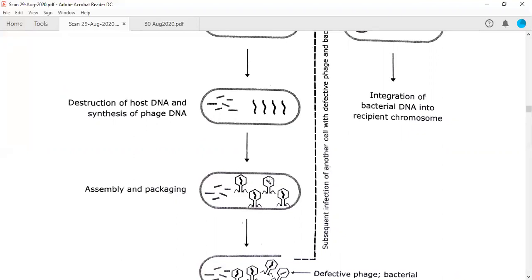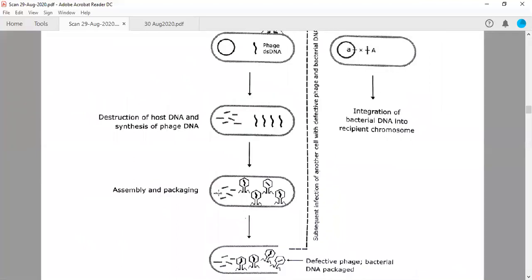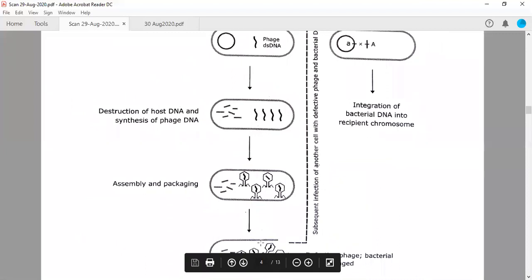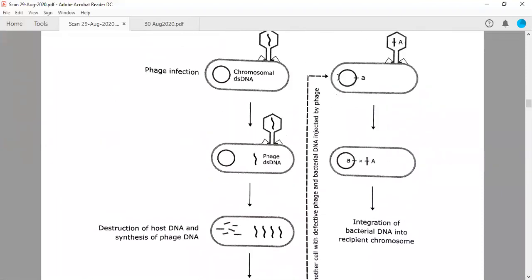Now you note that when lysis takes place, they will all be released outside the bacterial cell. And this particular bacteriophage, which is actually carrying the genes of bacteria, a fragment of the bacterial genome, will then infect